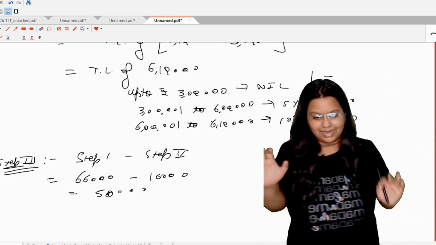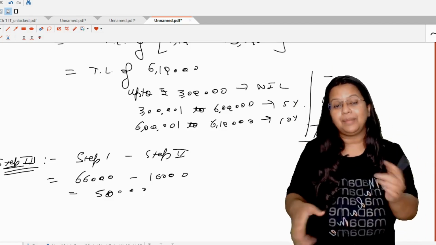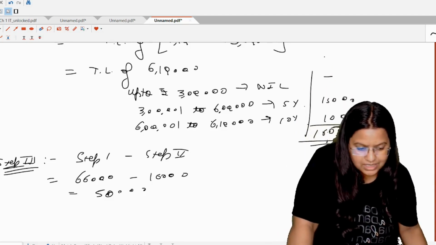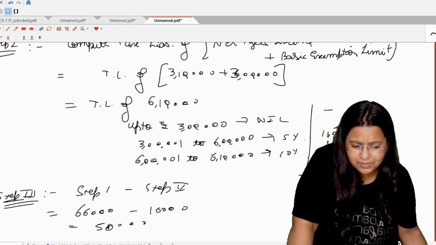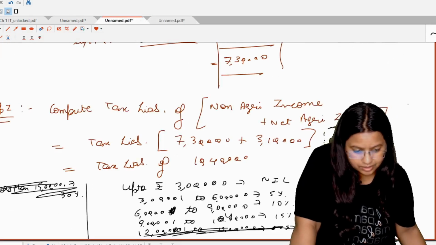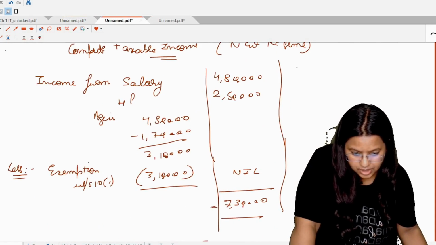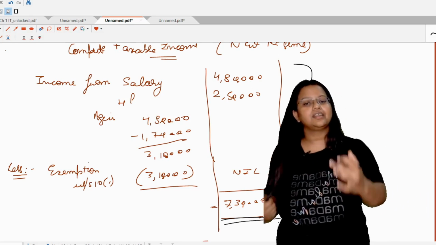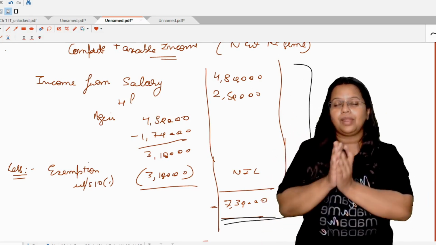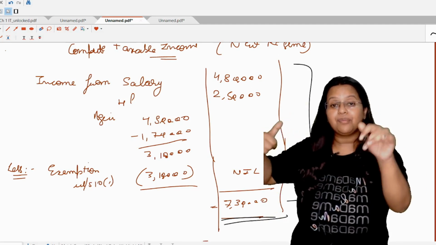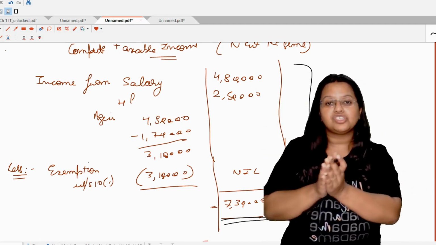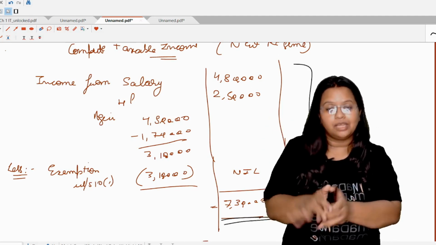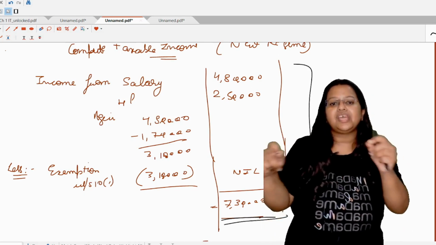But here is the point, that is, we are applying the new tax regime. And as per the new tax regime, we have to check the rebate under section 87A. So what is the total income? Not as per the slab, actually the taxable income that we have calculated at our first stage, this 7,30,000. But up to rupees 7 lakh, there is a rebate under section 87A. Now if we have applied the old tax regime, we have to check that if the income is up to rupees 5 lakh, we have to give the rebate under section 87A, but otherwise do not give it. But in the new tax regime, there is a benefit.